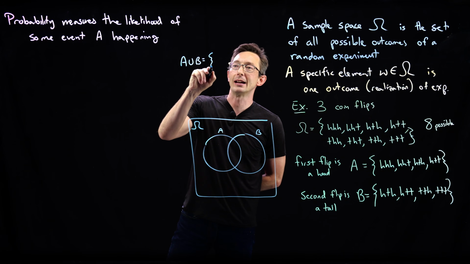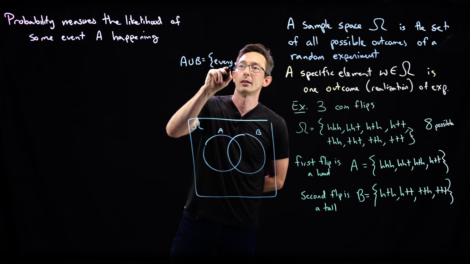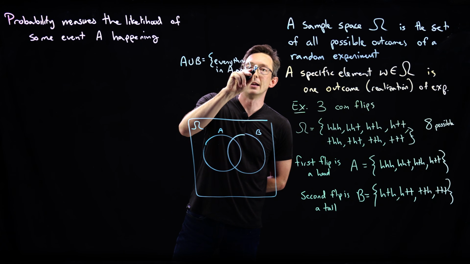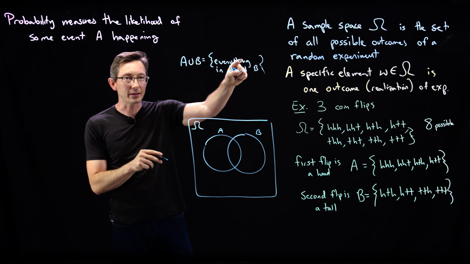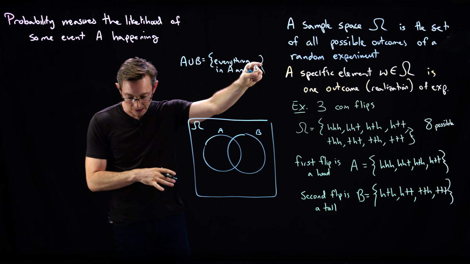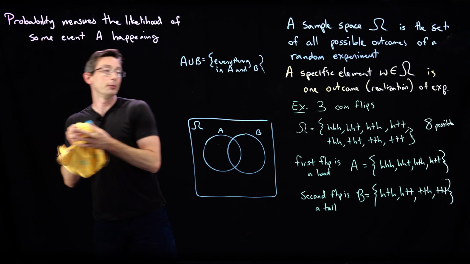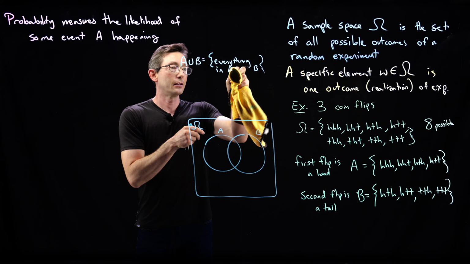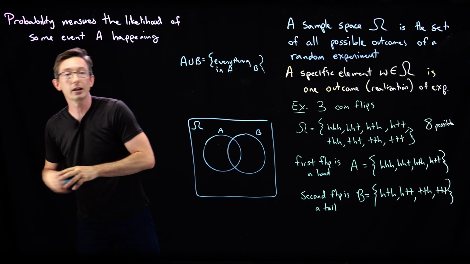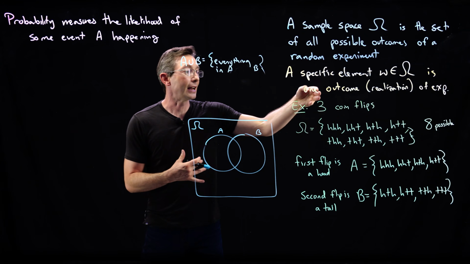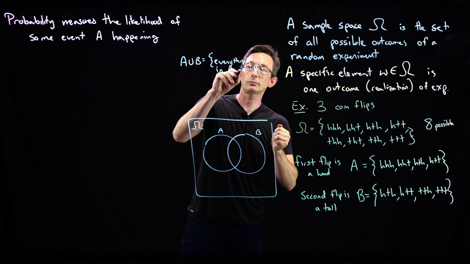And the way we think about that is we basically take everything in set A and everything in set B, and we combine them together. I really should be careful and not use the word and, because that is the exact opposite of what I mean. Everything in A or in B, anything that is in either A or B,